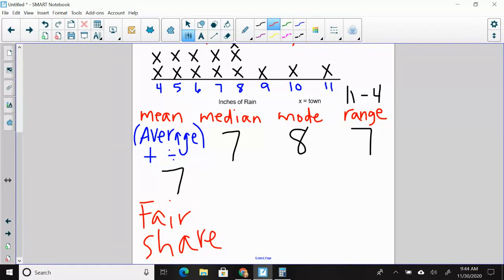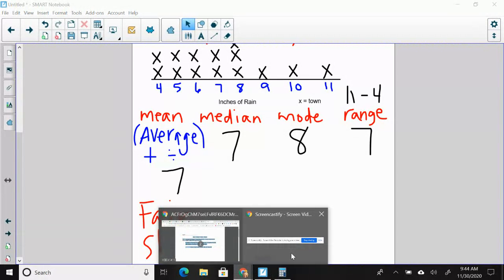Okay, so that is how you find mean, median, mode, and range for a set of data. And that's how it would look on a line plot, okay? All right, so I'm going to end this video, and we are going to